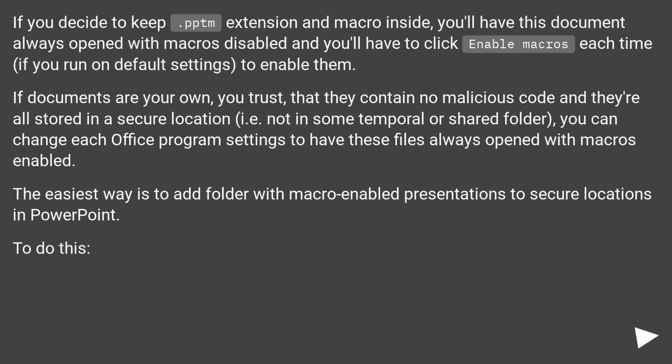Opening macro enabled file. If you decide to keep the .pptm extension and macro inside, you'll have this document always opened with macros disabled and you'll have to click Enable Macros each time if you run on default settings. If documents are your own, you trust that they contain no malicious code and they're all stored in a secure location, i.e. not in some temporary or shared folder, you can change each Office program's settings to have these files always opened with macros enabled. The easiest way is to add the folder with macro-enabled presentations to secure locations in PowerPoint. To do this,